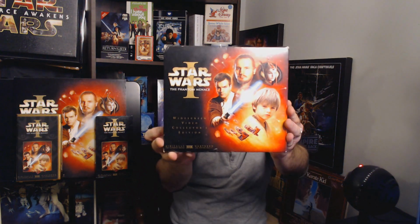So there is the front, very similar to the others, the same sort of image of all your heroes. Here is the back. There's Darth Maul, widescreen collector's edition. And then you'll see the video tape case inside looks a little different. But it also comes with a book, The Art of the Phantom Menace. Let's open it for you if you have never seen one of these. So it opens like that, and then you've got that awesome...